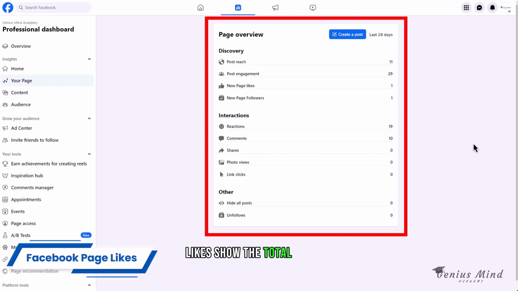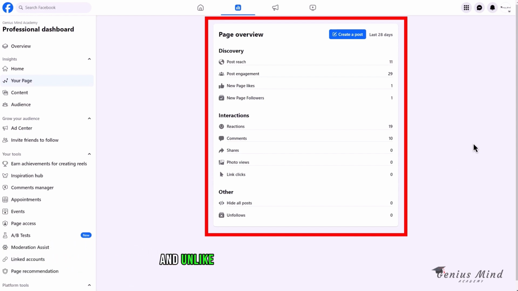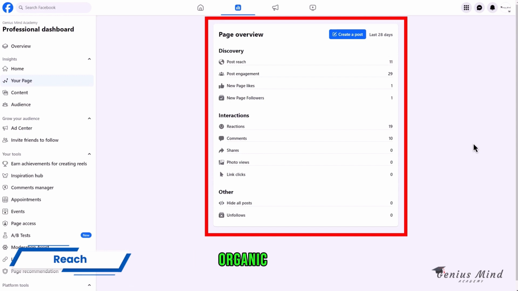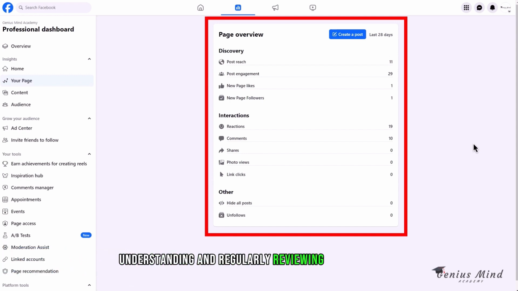Likes show the total number of page likes over time and allow you to see where your likes came from, including organic growth, paid sources, and unlikes. Reach provides information about how many people have seen your content, including the total reach, organic reach, and viral reach. Understanding and regularly reviewing Facebook page insights can help you tailor your content strategy, improve engagement, and optimize your page